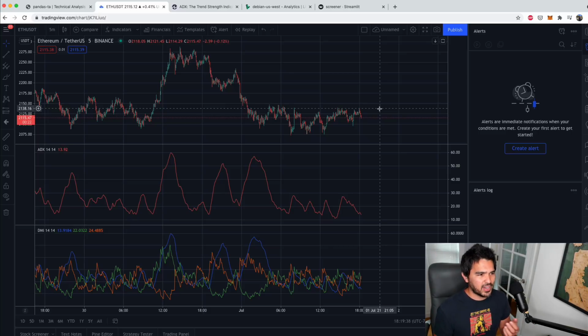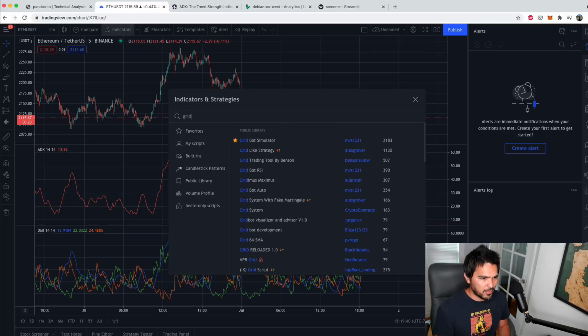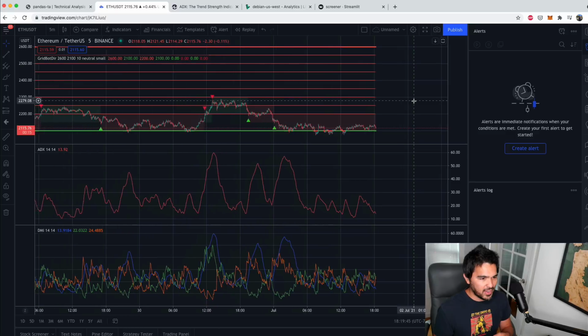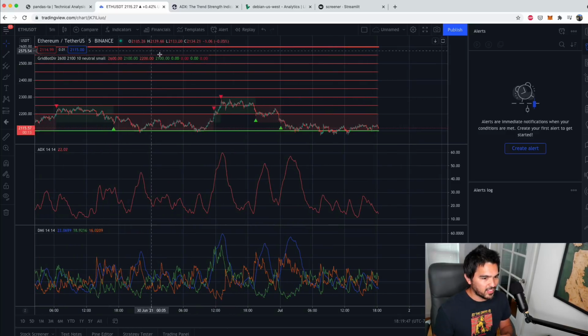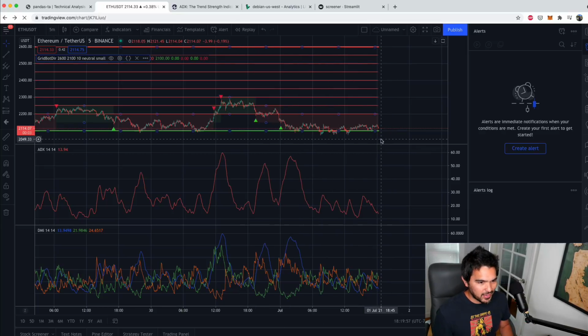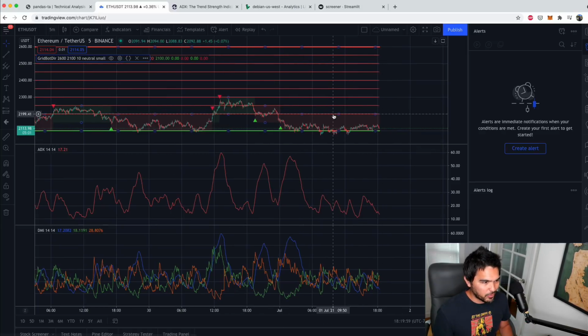So for instance, someone asked me to build a grid bot by request, and I think there's a script here for that in TradingView, but some people like to specify a grid to trade around. I don't know whether this is a good idea or not, but this is just an example. So I have this grid simulator here, and what we can do is, where is Ethereum trading now? Between